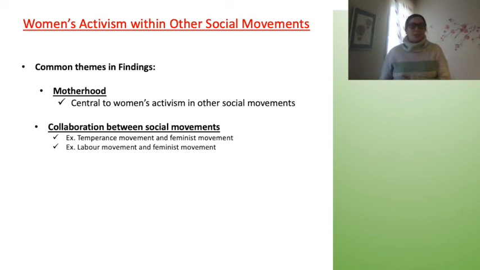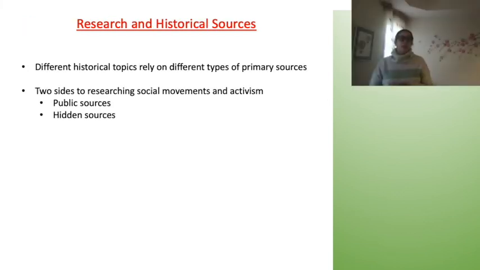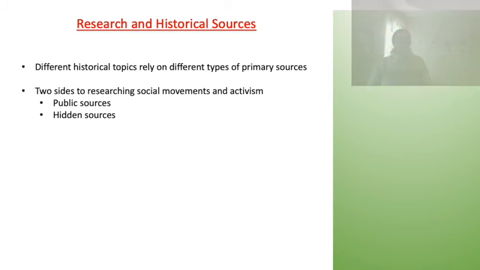In some cases, the unions were first and state laws followed, and in some cases, official formal laws were first, and then unions followed after that. But in both cases, there was collaboration, and that's another really important point that we've noticed historically when it comes to how women are working in other movements. It's commonly, not always, there are some exceptions, but commonly connected to women's rights and that women's movement. Now let's look at historical research and the kind of sources that we use and the questions we ask when looking at activism and social movements.